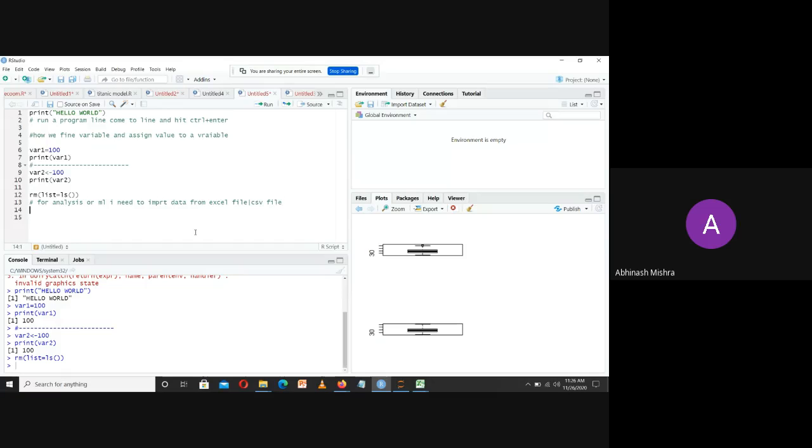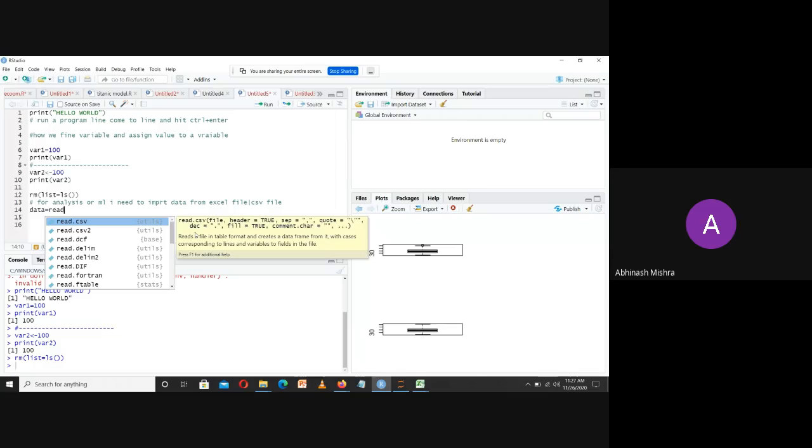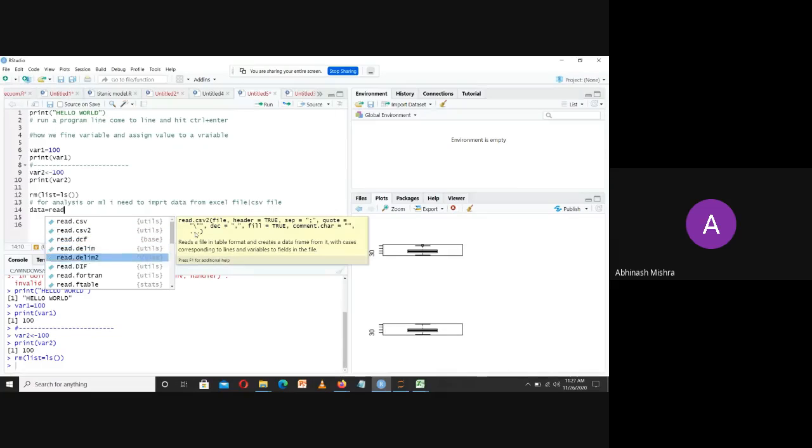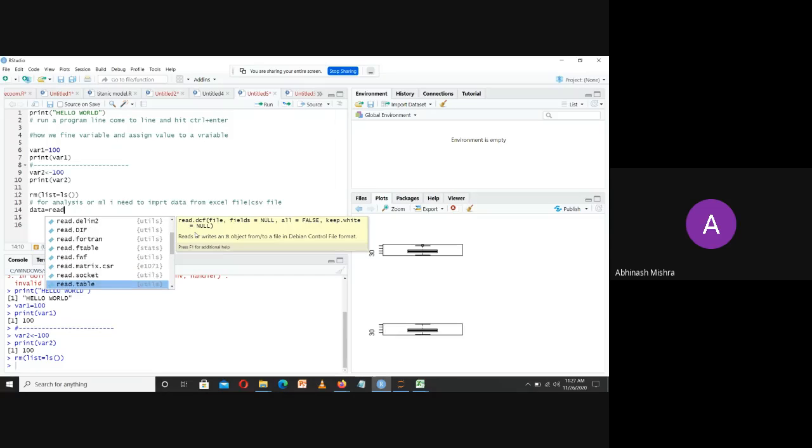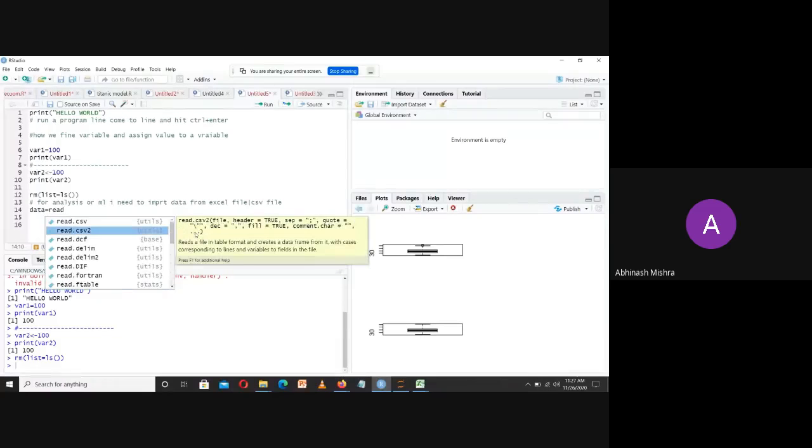So first of all, we make a variable to hold it. I say data equal to, and you will find that R programming is very useful. If you say read, it will ask what you want to read: CSV, a delimited file, tables, matrix, sockets, binary, character file, clipboard, number of lines, multiple lines, registers, and multiple things.